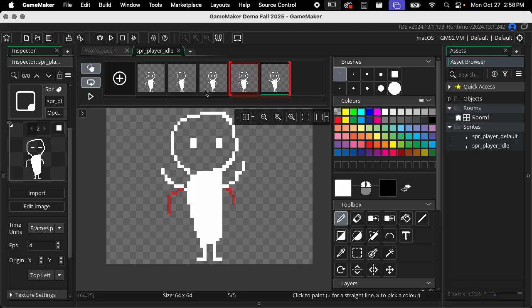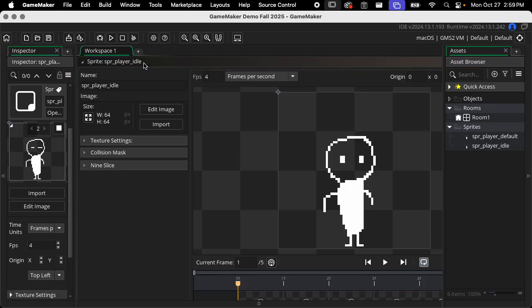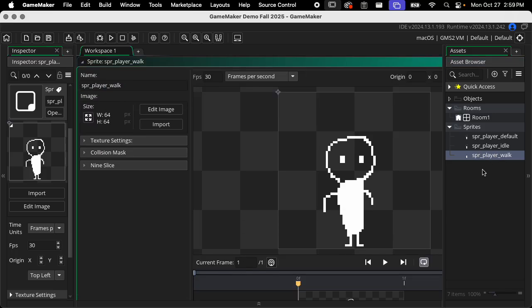So I want to be careful to be editing the right sprite. Before I move on, I'm going to hit Command S to save and then X out of this sprite. I'm going to go back to my default sprite and hit Command D to duplicate it again. And then I'm going to name this sprite player walk. You could also do run if you want,